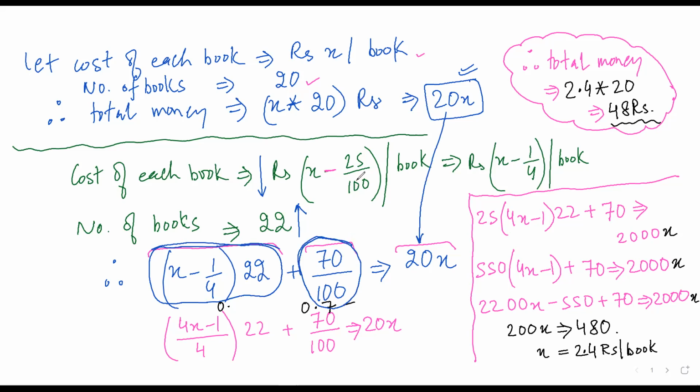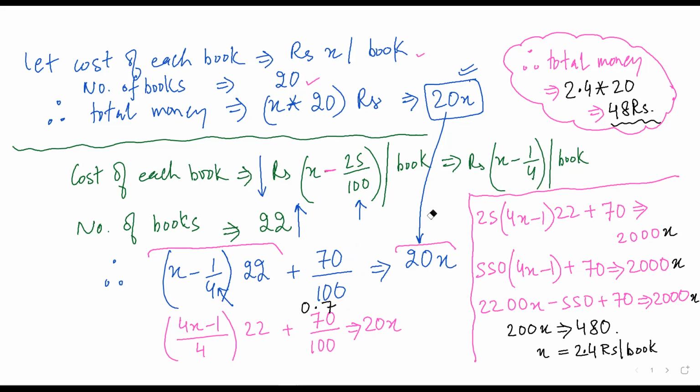Now, once you have arrived at this point, there are two ways of going forward. One is you can solve the equation in terms of decimals. The second way is you can solve the equation in terms of fractions. Now I am more comfortable with fractions rather than decimals. Satya, have you understood? Yes, sir. So it depends upon your comfort. That is why I have reduced this 25 upon 100 to 1 by 4. Can you see this, Satya? Yes, sir. Similarly, this 70 upon 100 remains 70 upon 100. So have you understood till this step? Yes, sir.